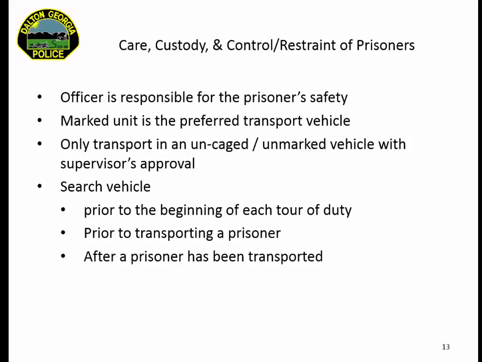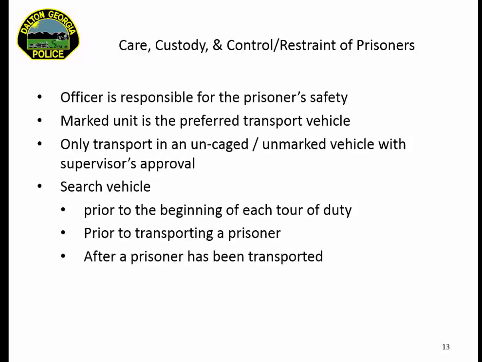It would be kind of an injustice if the person that you were transporting, maybe you didn't check the seat, or the officer before you that had the car didn't check the seat prior to them being transported, and then the other person that got transported before them, maybe they left some contraband in the vehicle, and then the wrong person gets charged with that.